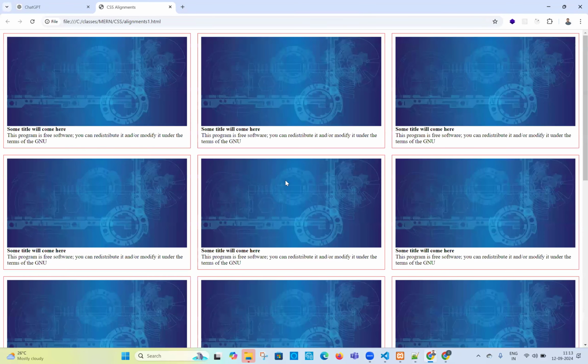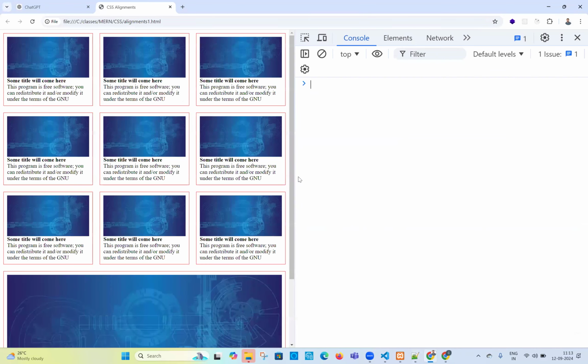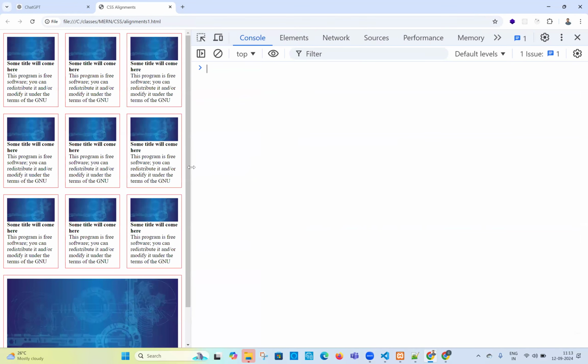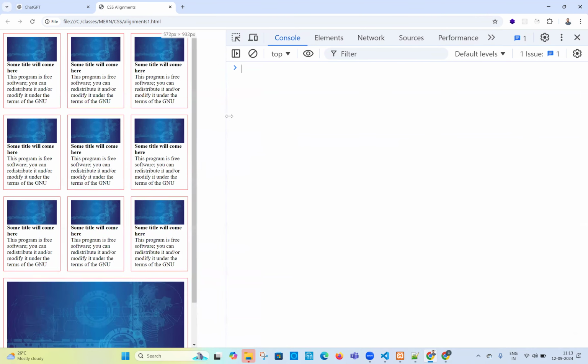So these are the blocks. When I'm minimizing the screen, can you see? Customer is saying that at this point, I need two names. If you are using a device like this, let us assume this device is a tablet. If you want to check in the mobile preview also, can you see here